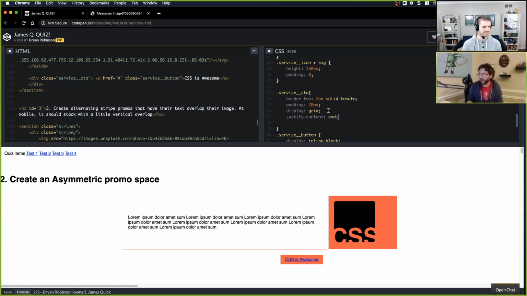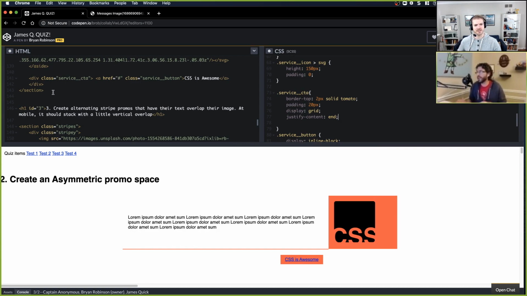What I would want to do on the button is say that the button also has a max width of some sort on it, so that it never becomes huge and allows the text to wrap inside of it. With that, grid works, and we can see it still works. But then I applied a width to an element, and as soon as you want to apply a width to an element, then you want flex. You don't want grid anymore. For the most part, if it makes sense, keep all your grid stuff on the grid parent, the grid container. When you want to add a width to something, it can go either way, but for me, flex: size your content, and then move on.